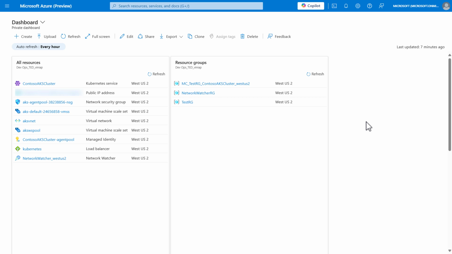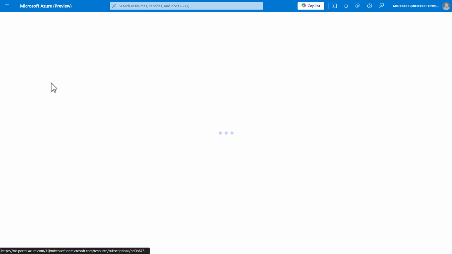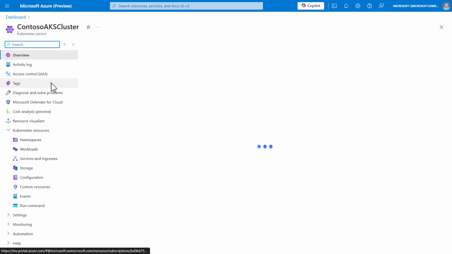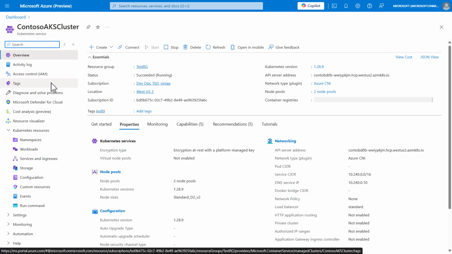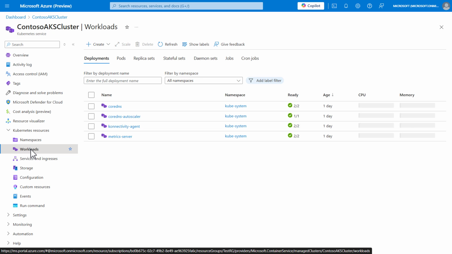And today, I'm going to cover Microsoft Copilot in Azure for inline YAML specification editing. So what does that mean? Let's take a look at my AKS cluster here. And as part of my deployment, I have the view of workloads. And then I have directly from the Azure portal the option to add a new workload based on a YAML